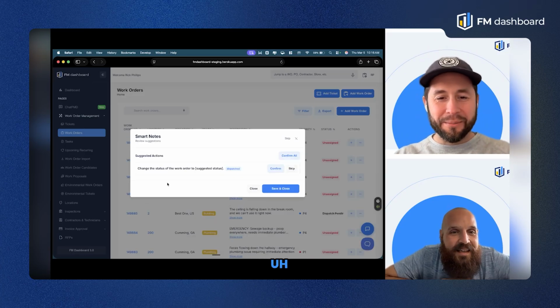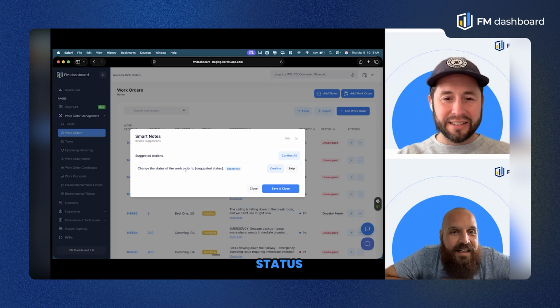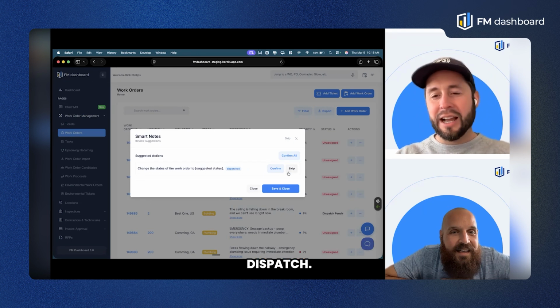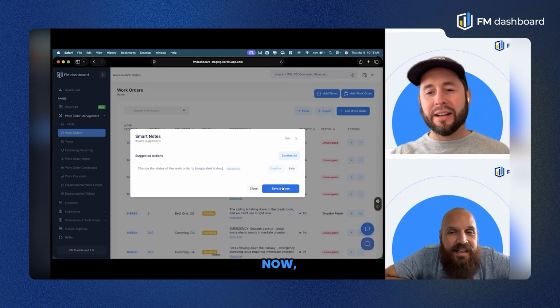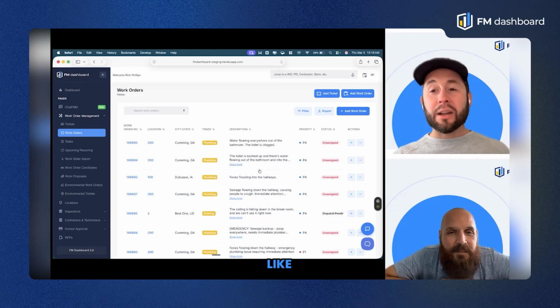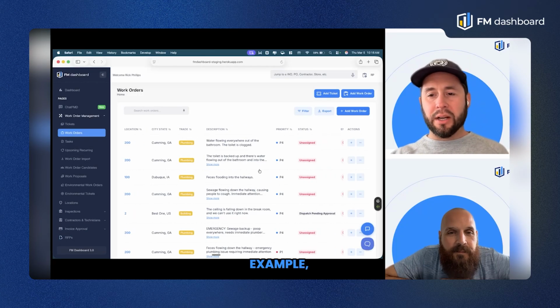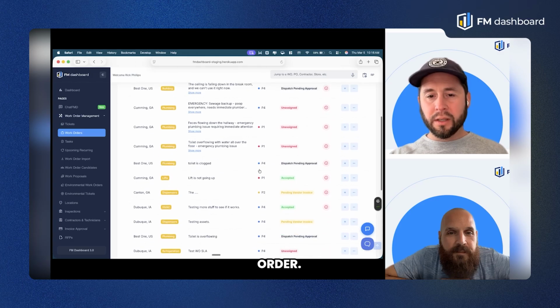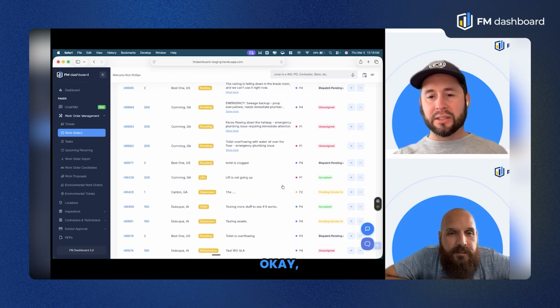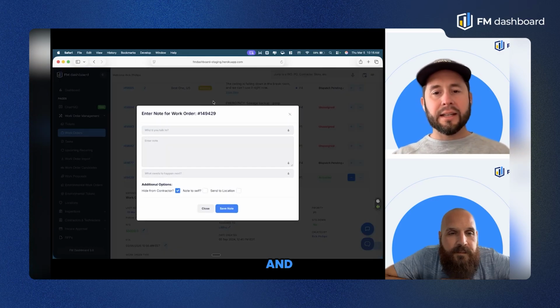But look, you can change the status of the work order if you want to dispatch. I'm not going to do that. It's not accurate right now, but they just save and close. But what can happen there? So for example, here's a work order, accepted status. Okay, so if I did this here and I said N and I said,